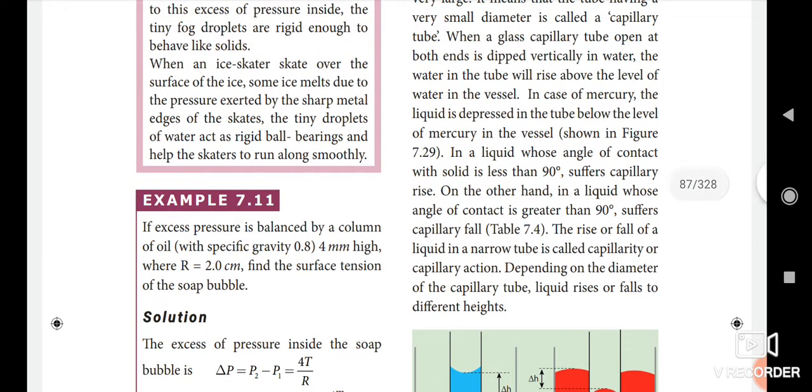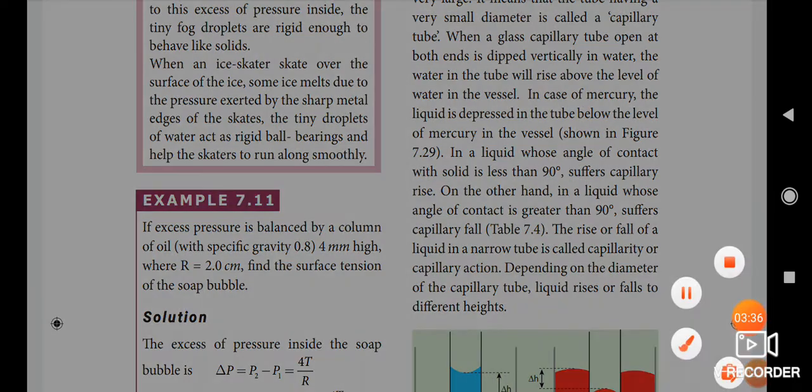In a liquid whose angle of contact with the solid is less than 90 degrees, as we already studied in the previous class, less than 90 degrees means it makes an acute angle, so it suffers capillary rise. On the other hand, in a liquid whose angle of contact is greater than 90 degrees,